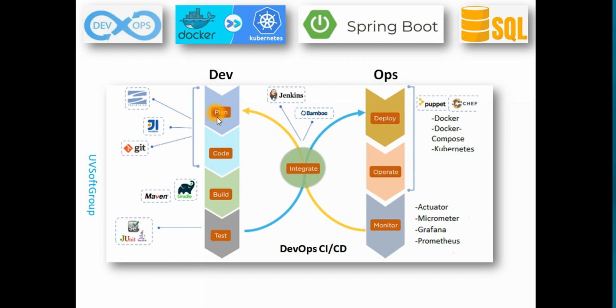So if you see the picture like that, you have development. In development, you have some plans from the product owner or the end clients, then you fix the requirements, and after that you start the development. Here you would have a different IDE, like Eclipse or IntelliJ or Visual Studio Code, depending on what type of application you try to develop. So you have an IDE, and then you have source code.